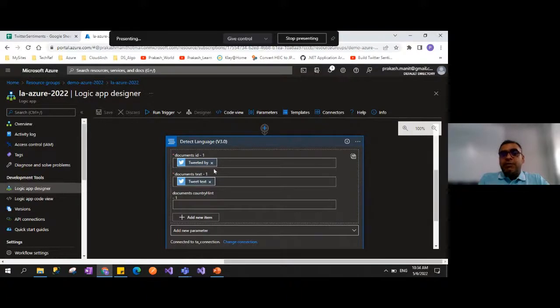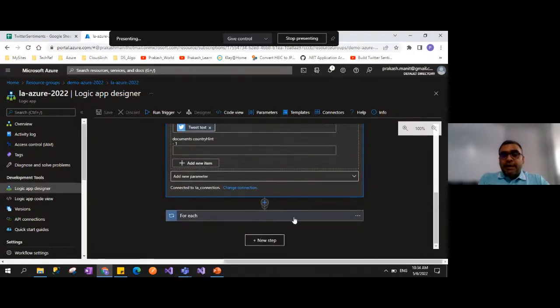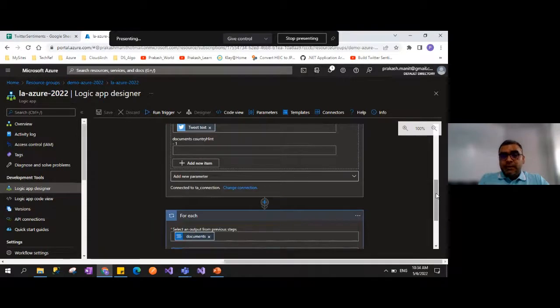So in this case, Tweeted By is something that we are telling the system: this is the ID of this particular schema. And what is the text? So Tweet Text. We are saying indirectly, please go and look into the text. And what we are saying again is that once it is read,